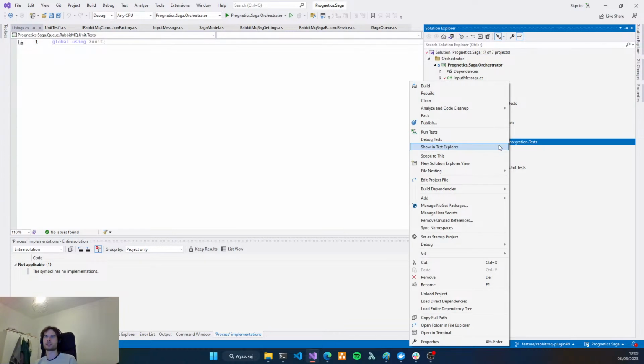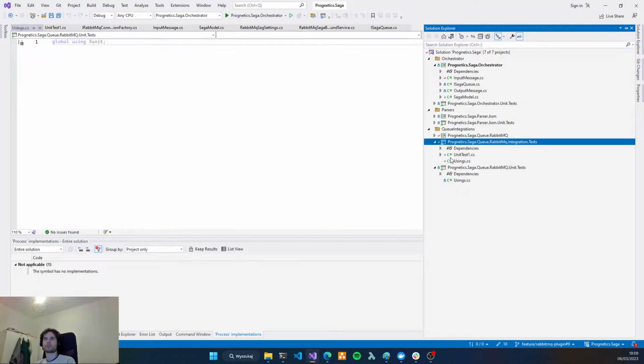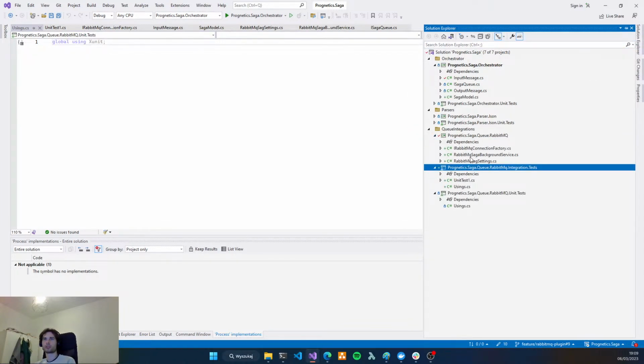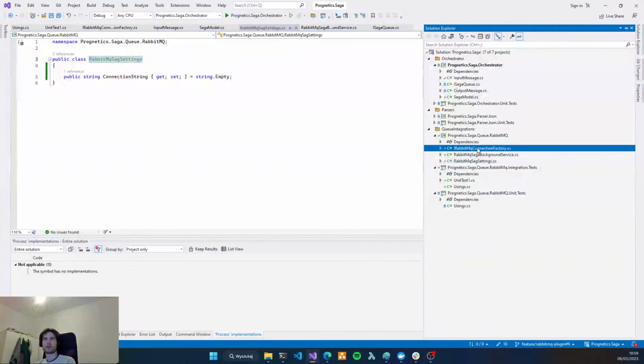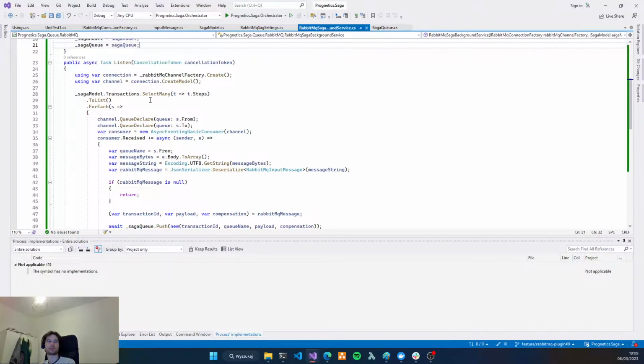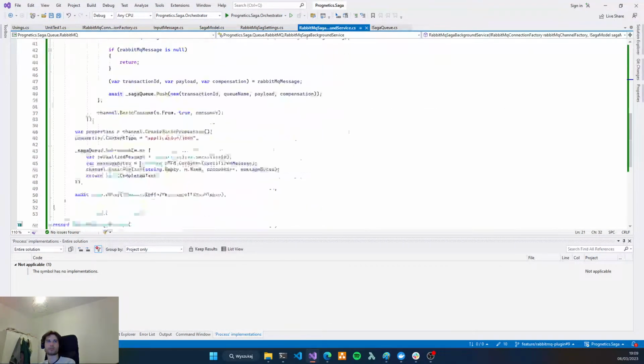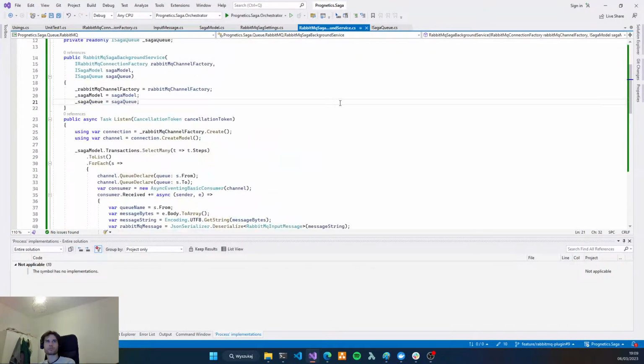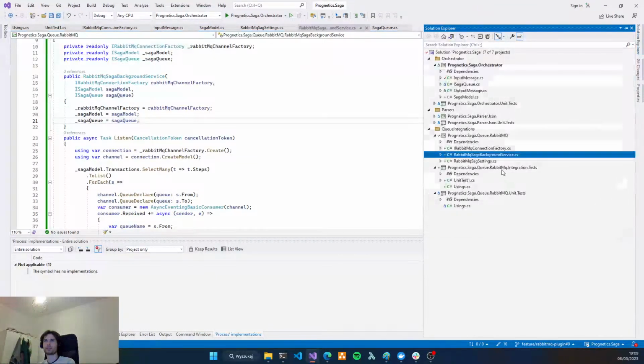It's just a unit test where we will mock this factory we created, so it will be okay. So let's create only a unit test.